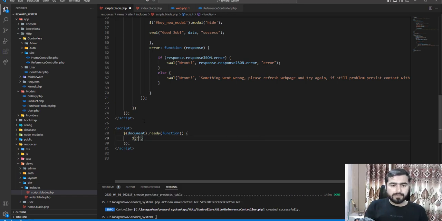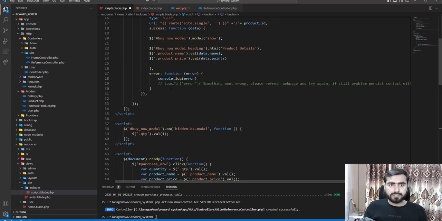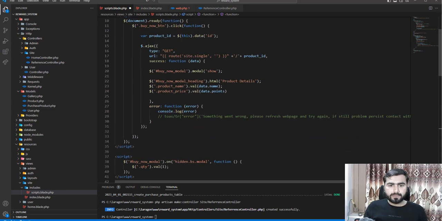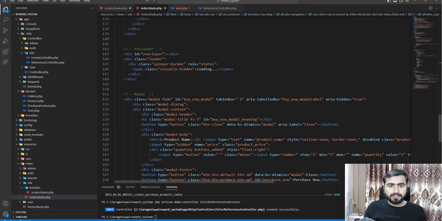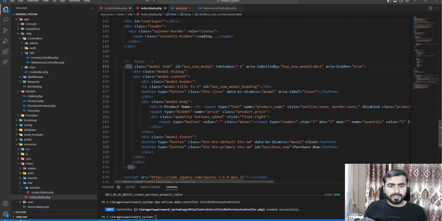Okay, so here I want that when I'm clicking on this refer user, I want to open the modal, right? Right here, and simply copy this functionality from the top. No, we don't have it, so let me create a new modal, right? And here now we are creating this modal,